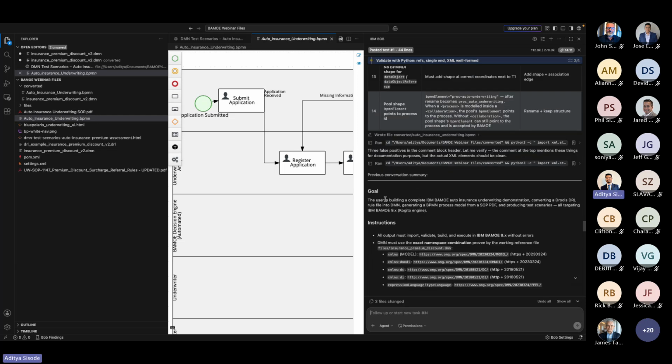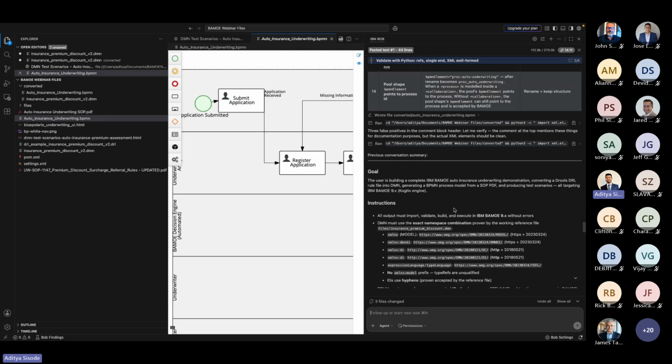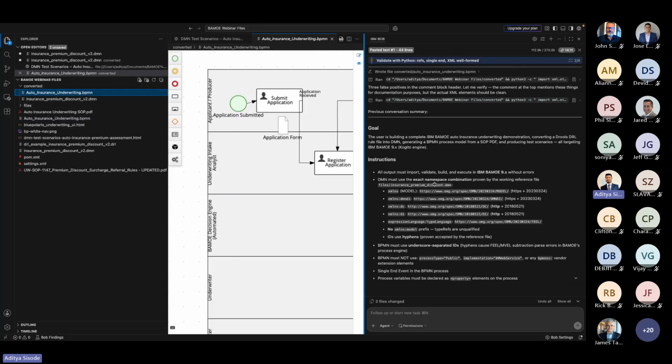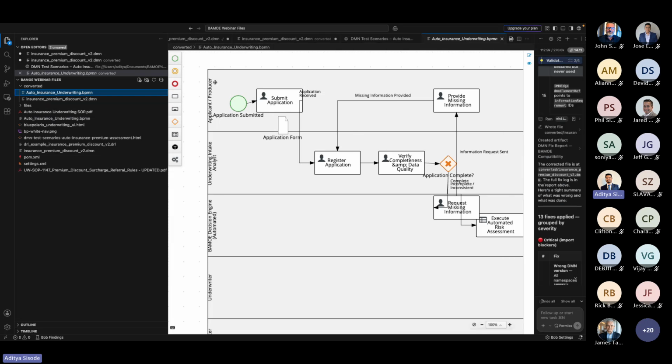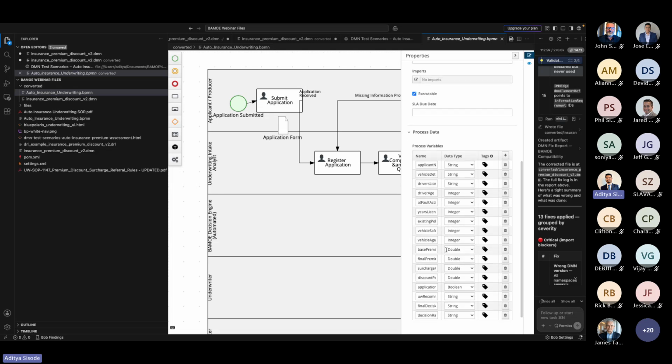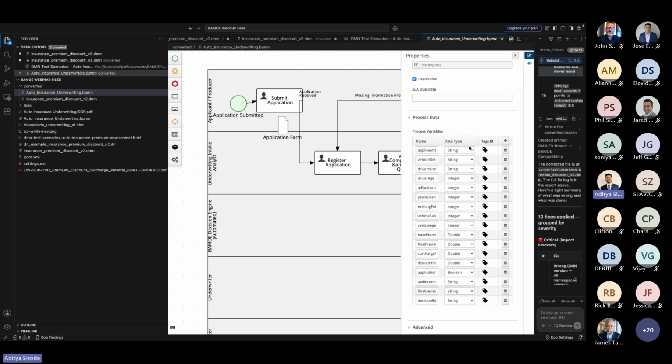The goal here, as you see, is building the complete BAMOE auto insurance underwriting demonstration, converting rules into DMN and also the BPMN process from the SOP and preserving that information. Based on that, as you see, version 1 is created, and again version 2, which is converted and added with the data and everything from the prompts we have given. If I click on here, I can see under the properties, now under the process data, all the process variables are mapped with their data types. In our earlier diagram, what we have seen here,